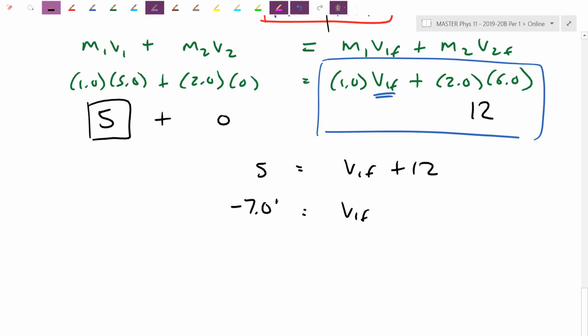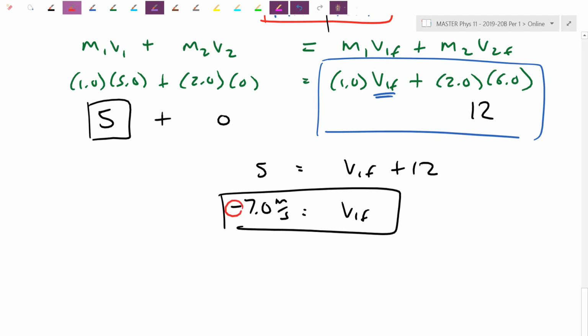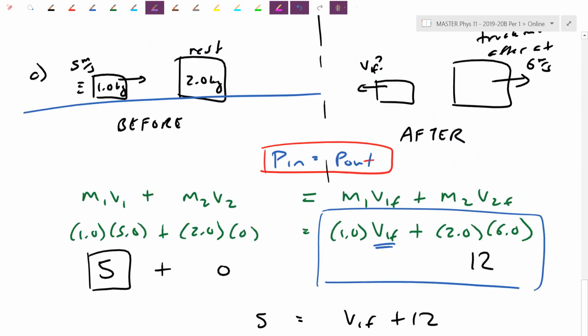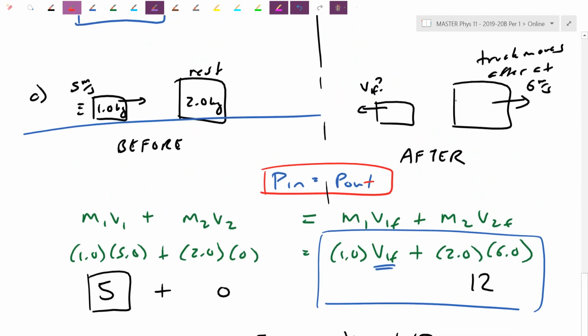Remember to have units. Remember to write your answers to 2 or 3 significant digits. And we have our speed, v1f. The final velocity of the car is actually negative. What does this negative mean? So backwards, you're correct here. Velocity is a vector, so because they're rebounding off each other, they've collided at this point here. As the truck moves off quite quickly, this one here is